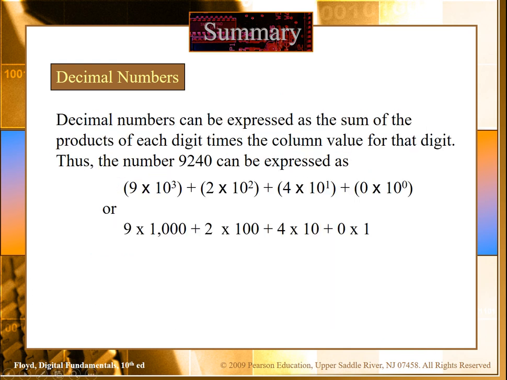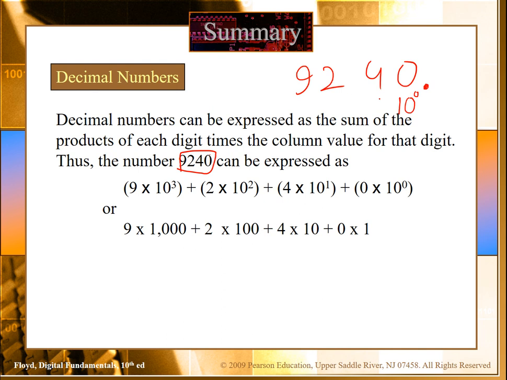Let's take one example to understand this. Let's try to write the number 9240 in the form of the bases. Here we can see that we actually have 4 digits. So here we have 9240. This 0 is coming right at the point, so after the point, the first power is 0. The base is 10 and the power is 0.